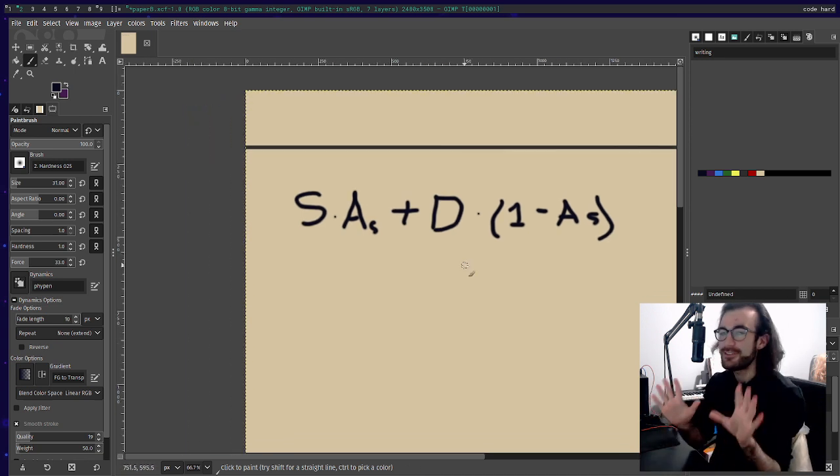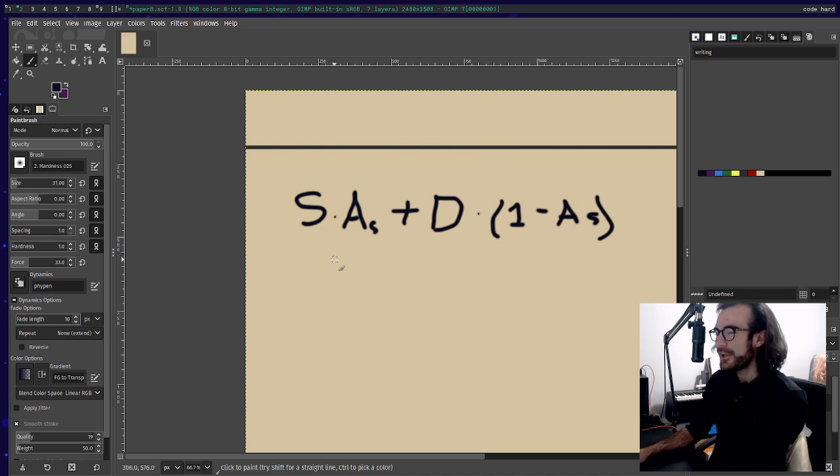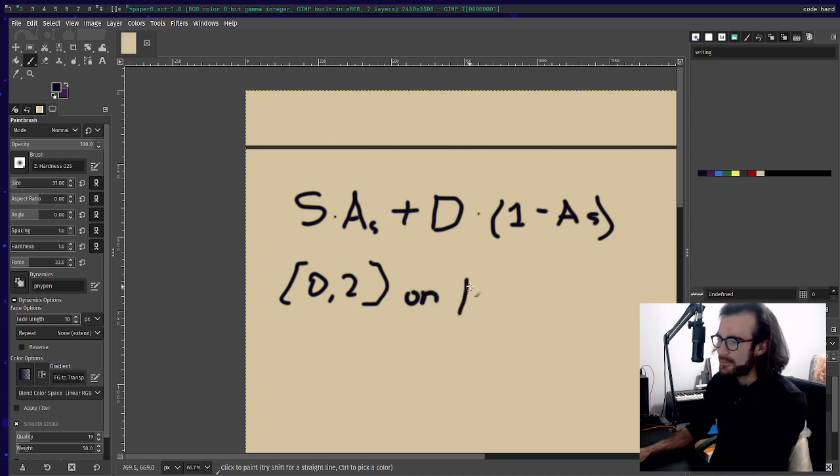And this is great until you get to the PlayStation 2, because the PlayStation 2 has alpha in the range of, for some reason, 0 to 2. Let's say on PS2. Oh, I mean, trackballs are actually very nice for drawing circles once you get the hang of it. On P, I need to not get distracted. PS2. Okay, there we go.